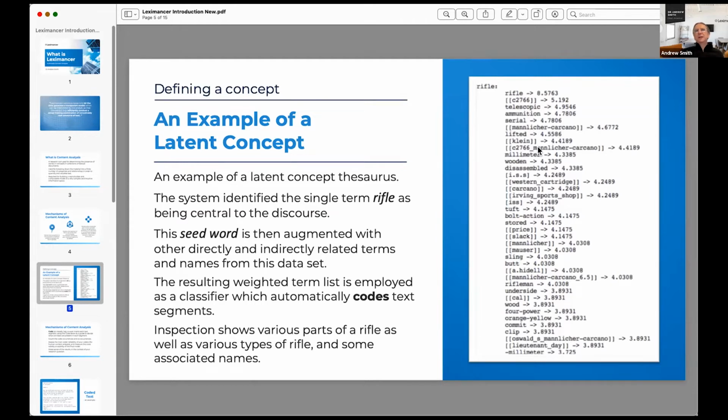I know some places in the literature, they've misunderstood. They say that in Leximancer, a concept is a word. That's not true. A word certainly is the name of a concept, but I couldn't think what else you could do. You have to call it something. And calling it concept J15 is even less useful than calling it concept rifle. So yes, on the map, it looks like a word, but if you look in the thesaurus, and if you read our Behavior Research Methods paper, which validated the tool, you'll see that a concept is a latent,